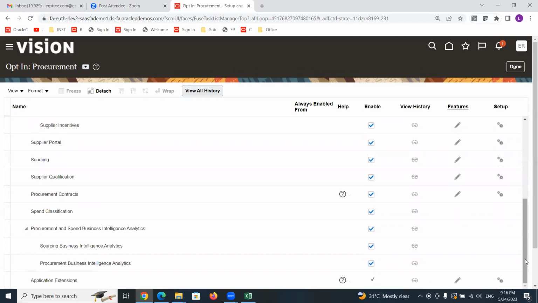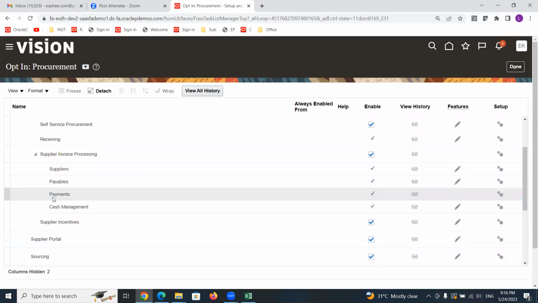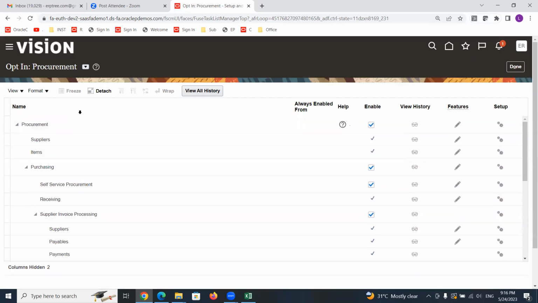So what else we have as a part of procurement? We have a supplier portal, a separate application for client supplier interactions, and sourcing application, supplier qualifications, procurement contracts. These are the different applications we have as a part of procurement applications. So what are the procurement applications the procurement consultant is going to implement for the client? Accordingly, the procurement consultant can include all these, or else even you can include everything, no worries. They can use whatever they are really going to implement. So that's how you can find the procurement.